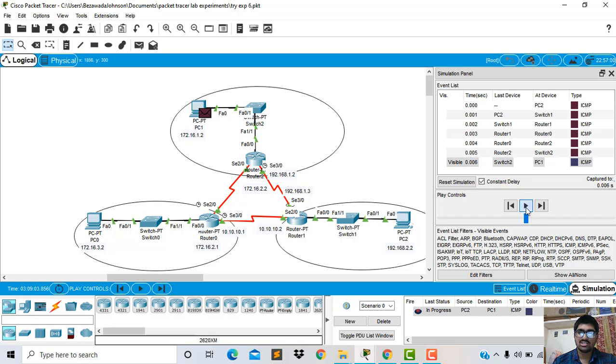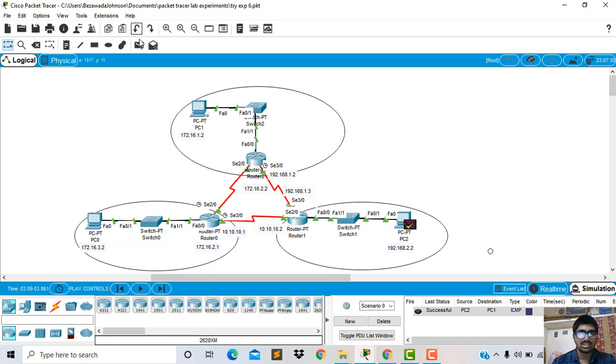Now it has chosen the best path to access PC2 to PC1. Now it is successful.